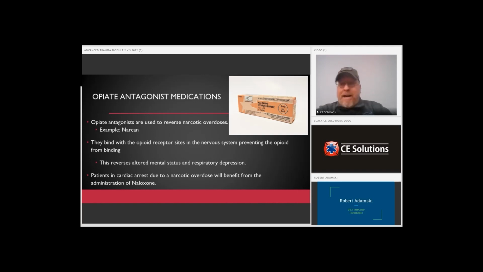All right, and then finally, everybody take a look at that final bullet point there, okay, and realize that patients in cardiac arrest, remember your 5 H's and your 5 T's, if they don't respond to initial treatments such as defibrillation, et cetera, and your initial round of drugs, such as epinephrine, all right, and you suspect or have confirmed that that patient may have gone into cardiac arrest from a narcotic overdose,